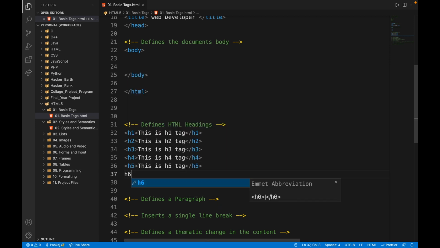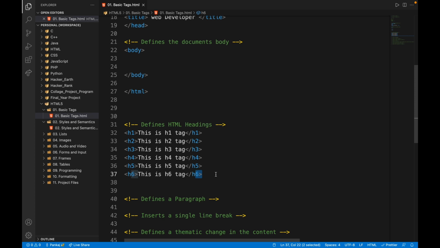Then H6. This is H6 tag. I'm just showing the difference between H1 to H6. So basically heading tags start from H1 and end at H6. H1 is the greatest heading and H6 is the lowest.